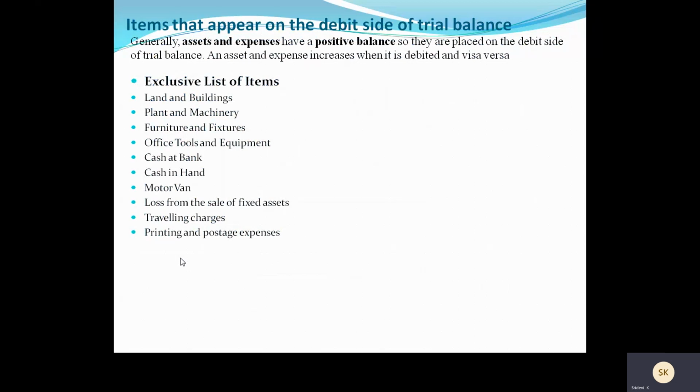which you are going to show on the profit and loss account debit side. All these expenses can be seen here. So printing and postage expenses, legal expenses, selling and distribution expenses,